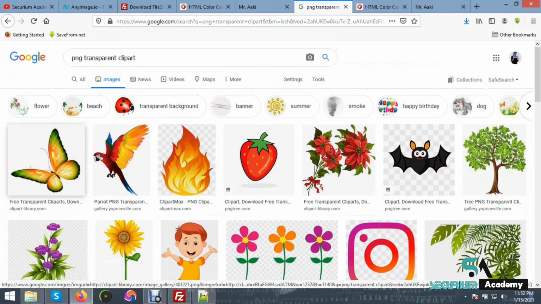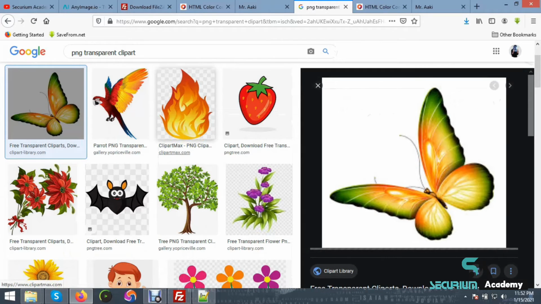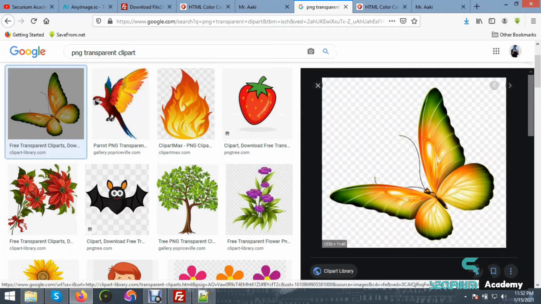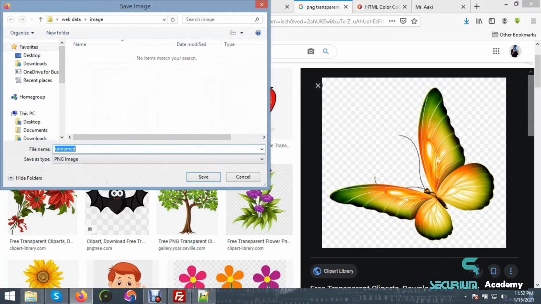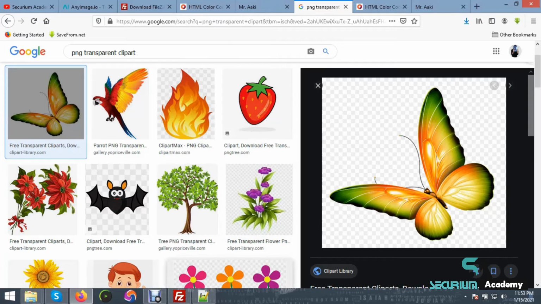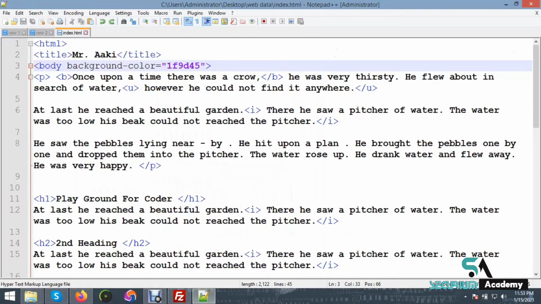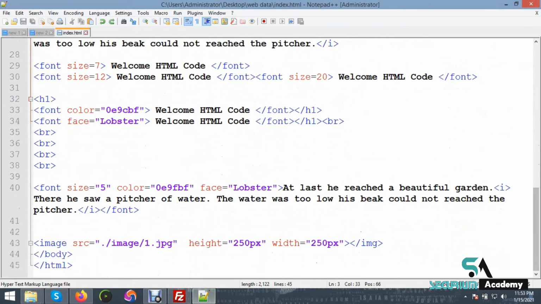You click on another thing, like I click on the butterfly. Okay, the background is automatically changed to another color, which means this is a transparent image. You right click on this and click on save image as. Now you type here 2 and the picture format is PNG. Then click on save. Then you go to the HTML code, paste, go down and copy this line,